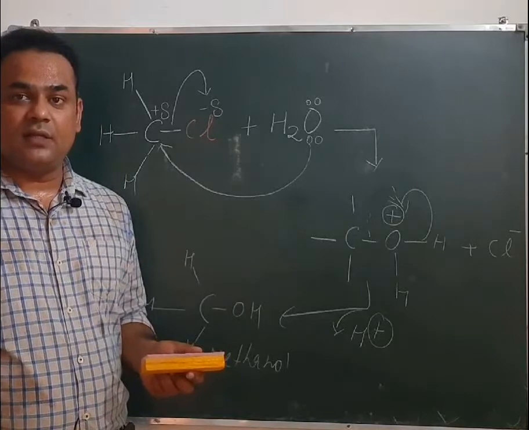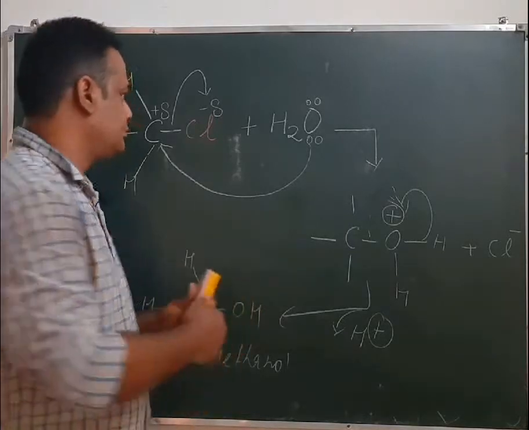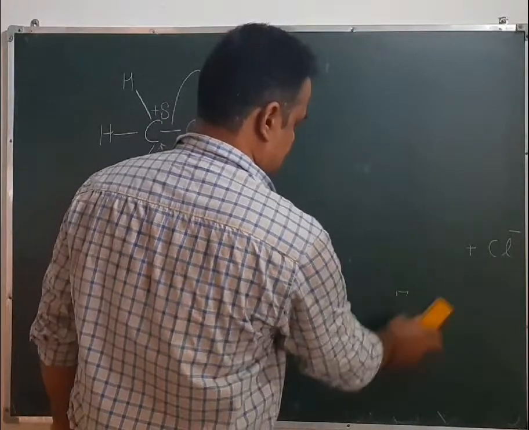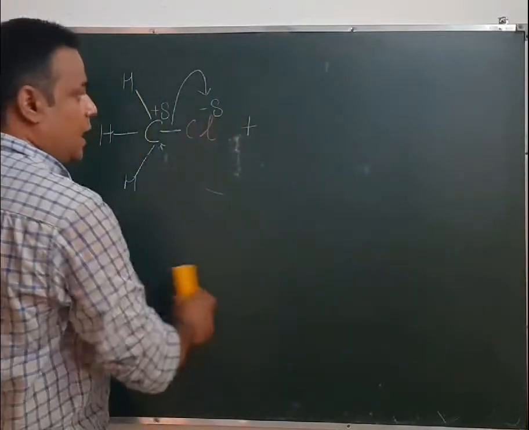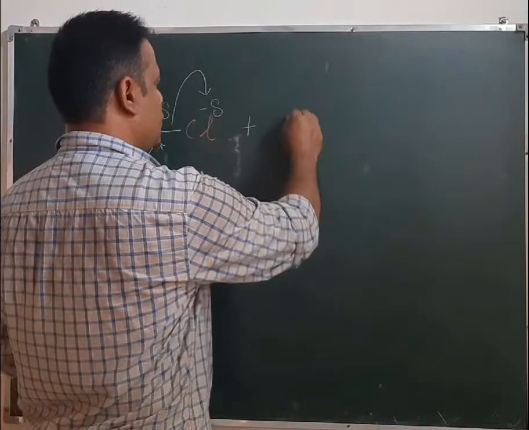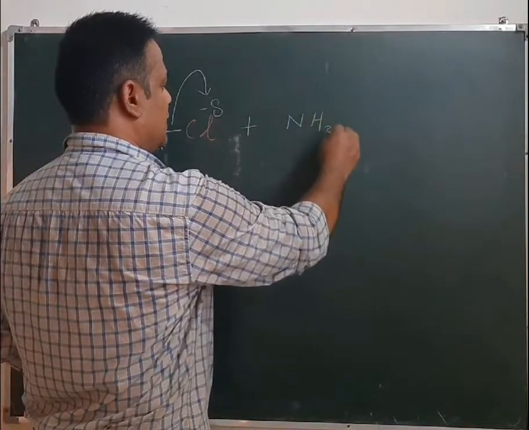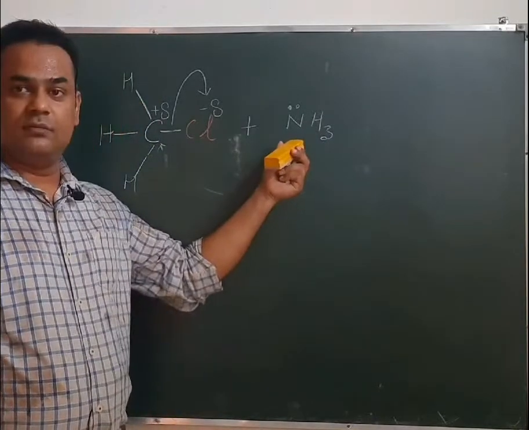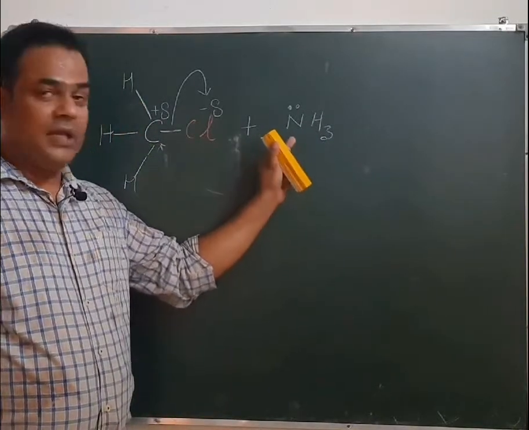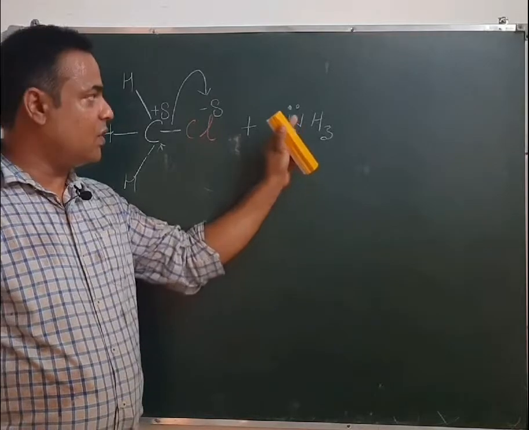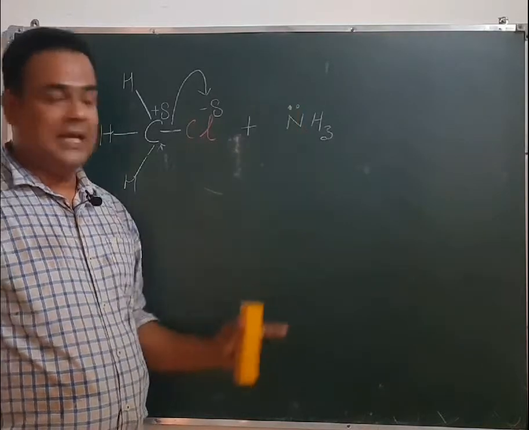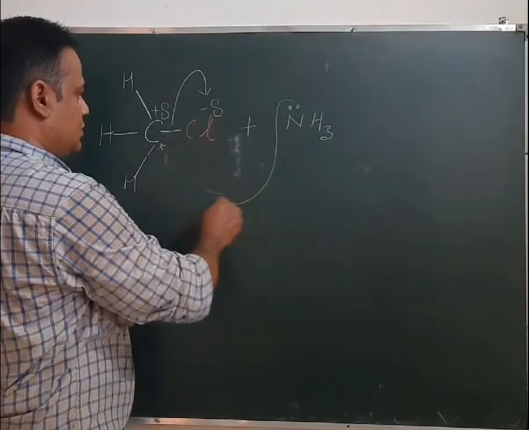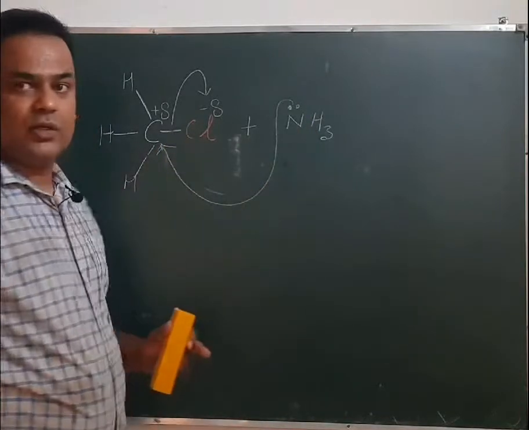So now next is reaction with ammonia. Now the next nucleophile is ammonia. Again, there is no negative charge on any of the atoms. So it is behaving as a nucleophile because of this electron pair. It is an electron rich atom. So this nitrogen will get attracted to this carbon atom,